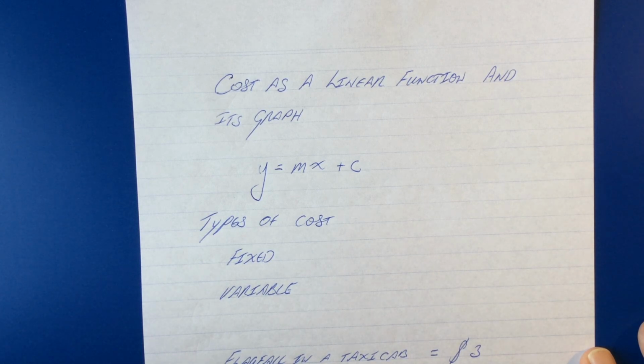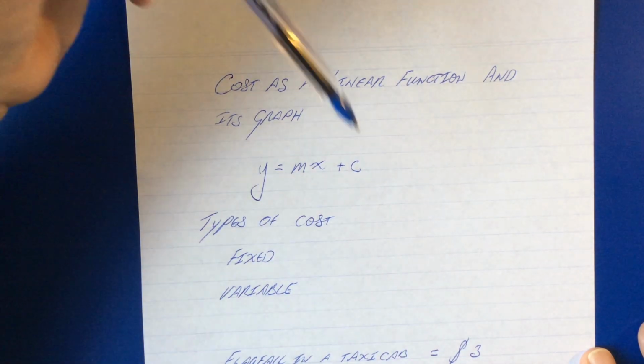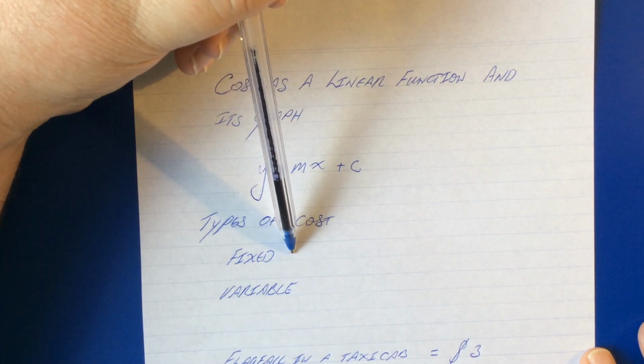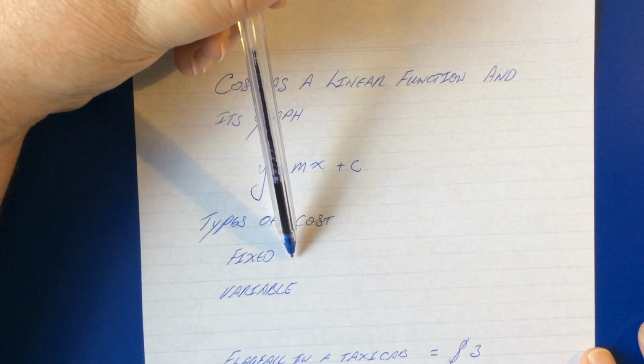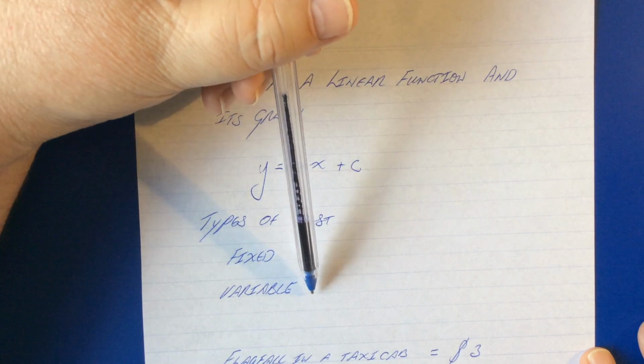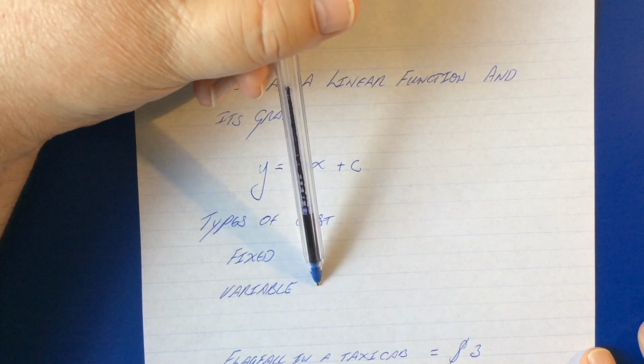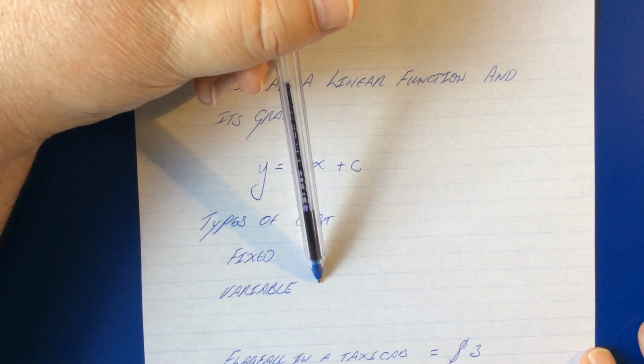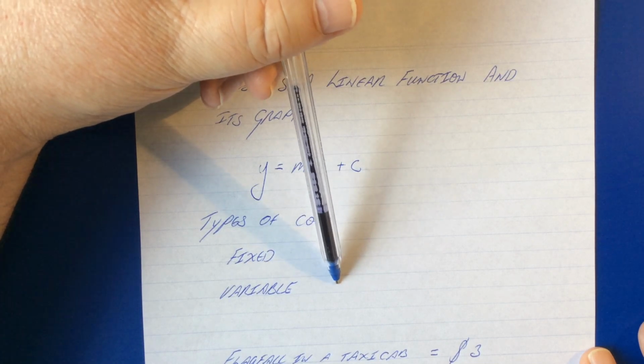So a plumber might have a call-out charge, which is, let's say, $50, and an hourly rate. Okay, now that $50 is a fixed cost to you, and the other type of cost is a variable cost, and the variable cost in that example would be the hourly rate of the plumber,